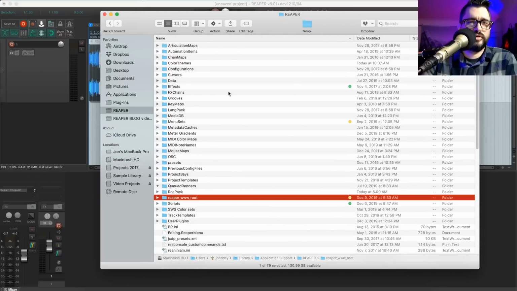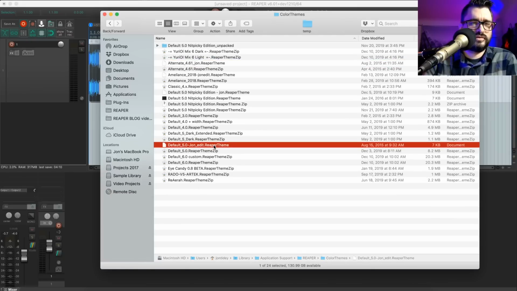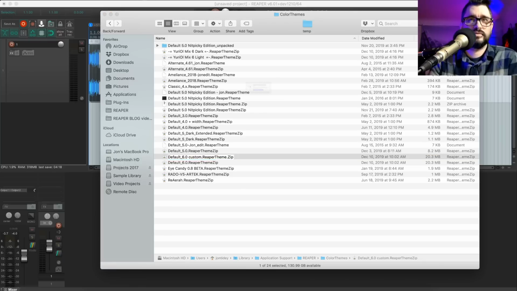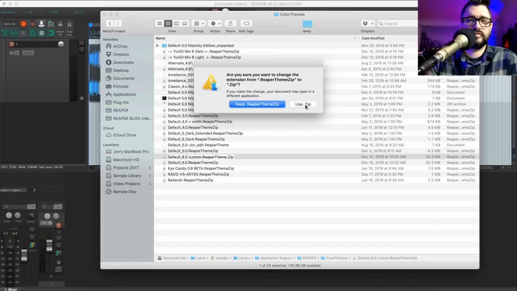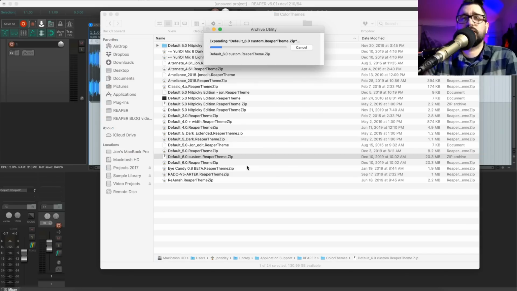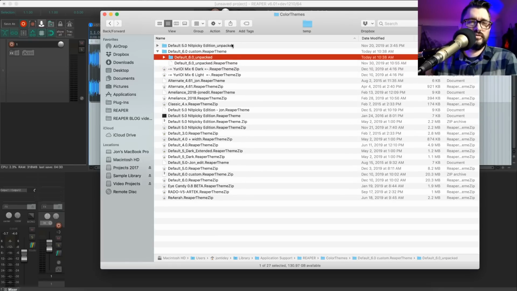So back to the color themes folder, and I've got the Reaper 6 custom here. I'm going to rename this file, so instead of Reaper theme zip, it's going to be theme.zip. Hope that makes sense. And then I'm going to open up the zip and move the